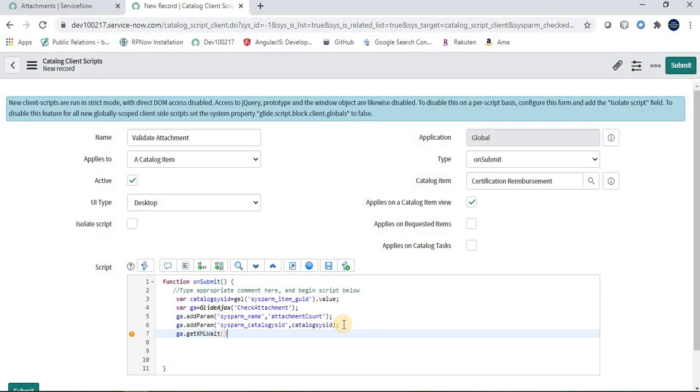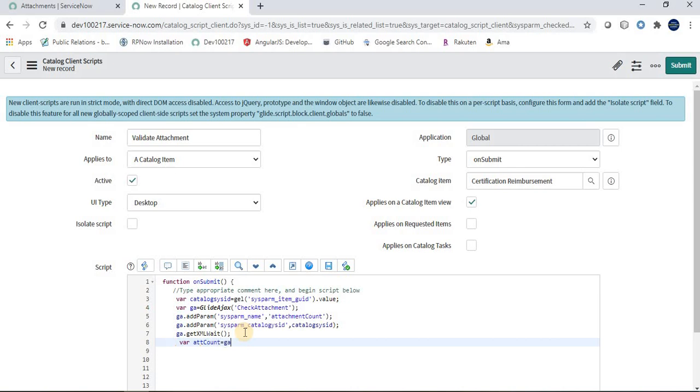So you have to learn these syntaxes. This is of the GlideAjax class or GlideAjax API. This is common everywhere. So here we are done with this. Now where do I need to store the return value from the script include? So I am just creating one variable over here.